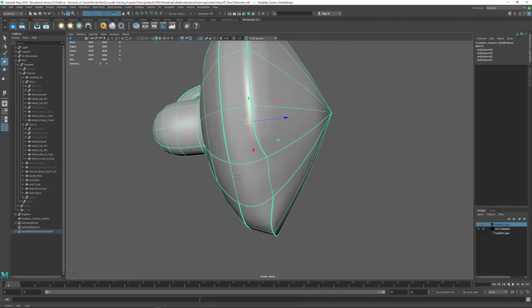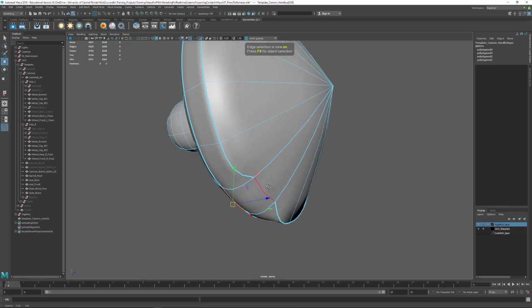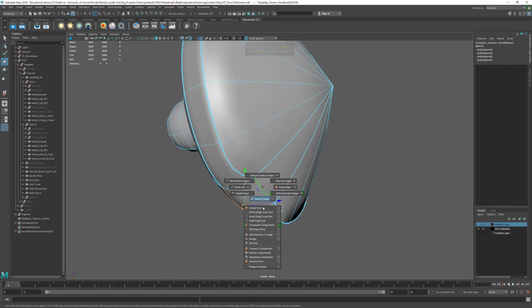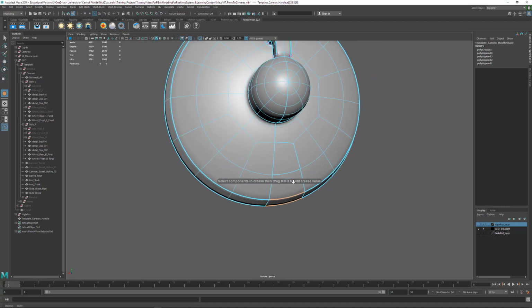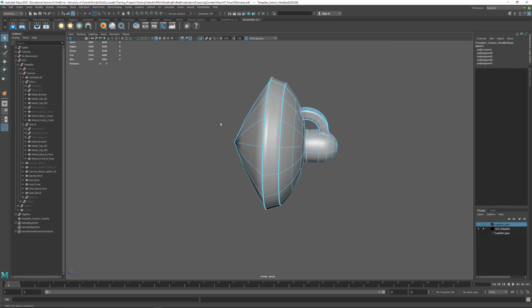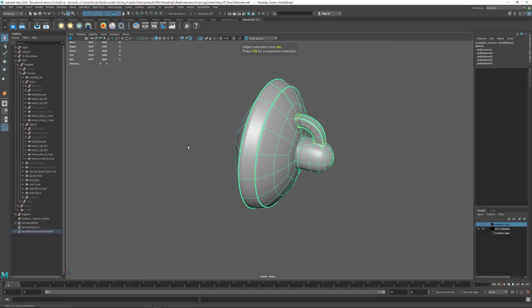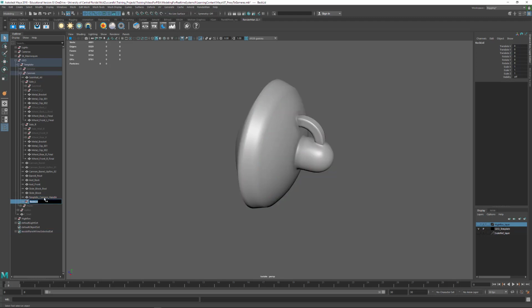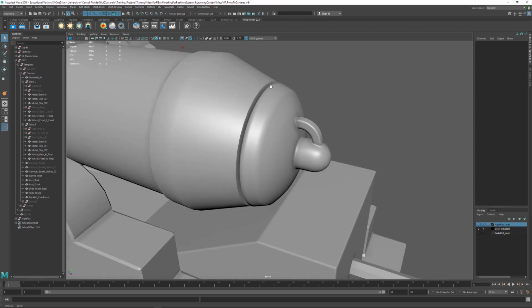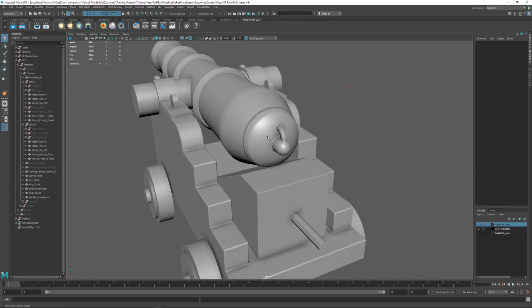Okay, now if we can crease this edge and this edge, shift right click, crease tool, middle mouse, and drag out. Now we've got this shape, and we've kind of fixed some of the problems. Let's delete history on it, Alt Shift D, and we got this, and this is our back lid. I'm going to copy the name of this, combine, just like that,